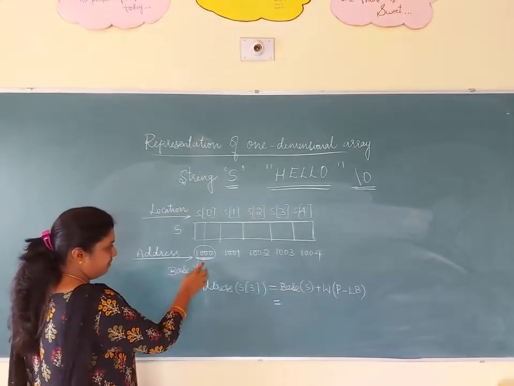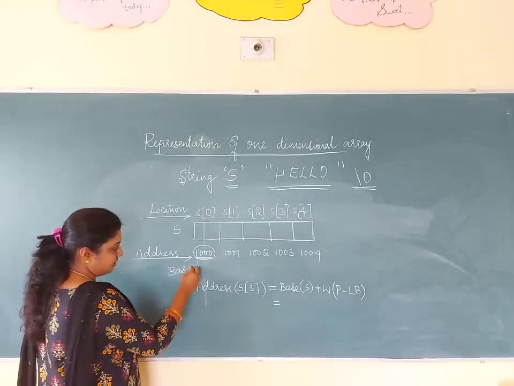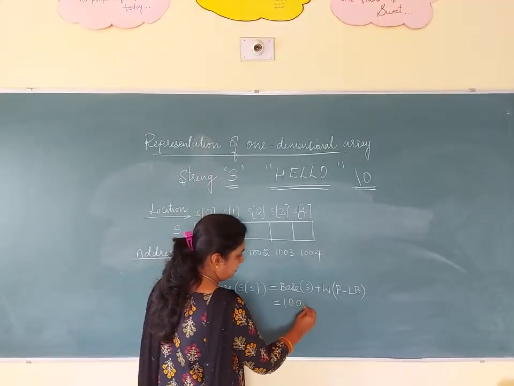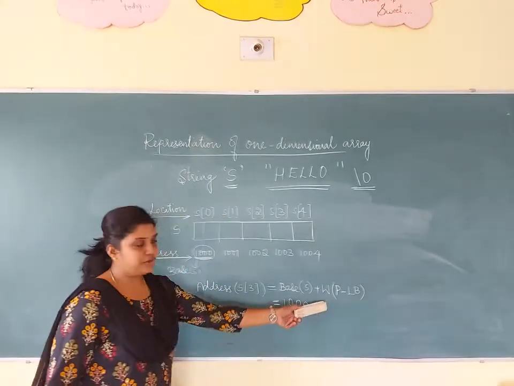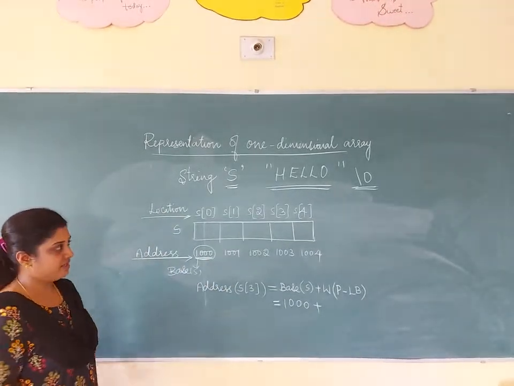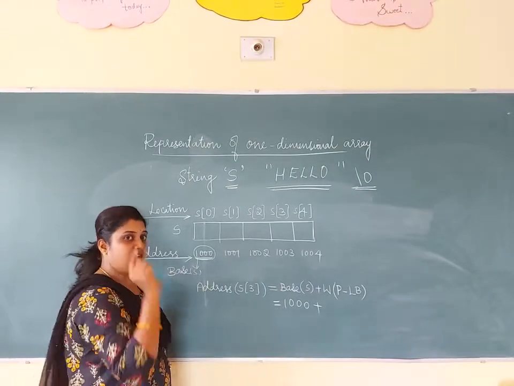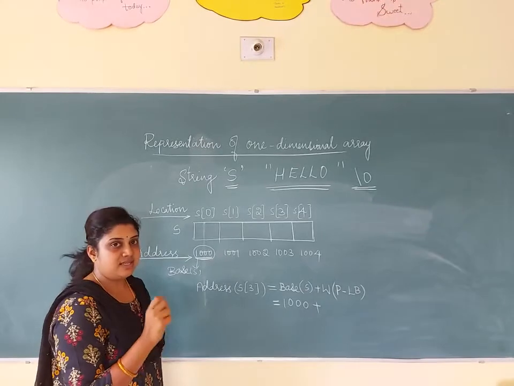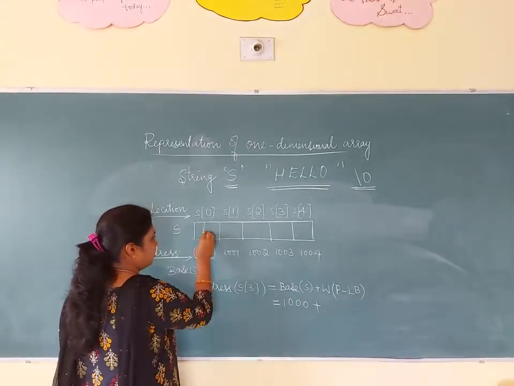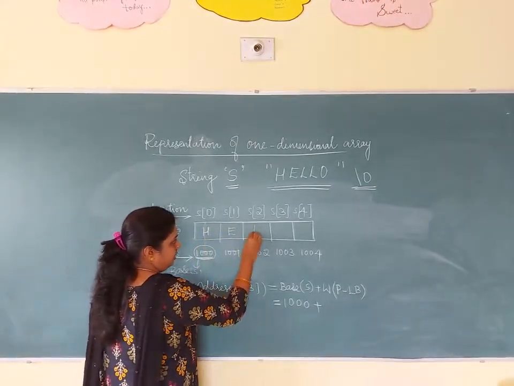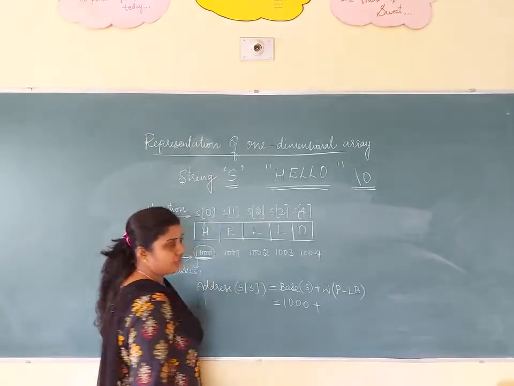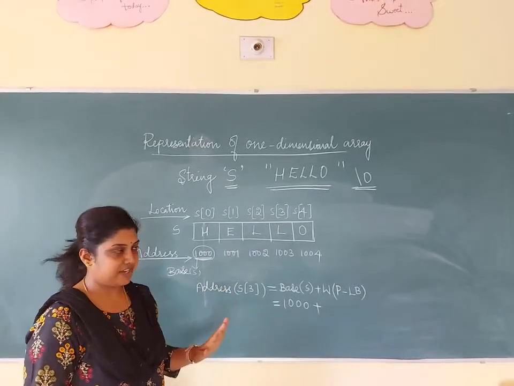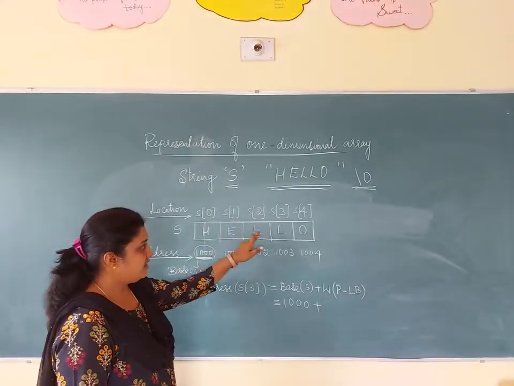Okay, see, this is my base address, the base address of string S. So what is that? 1000. So how are we going to find the word count? See here, what is the string I have taken? Hello. In each address I am going to store a single character: H, E, L, L, O. So in each memory cell I am storing a single character.